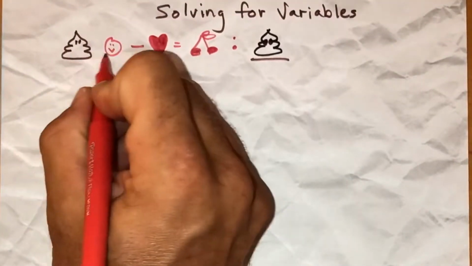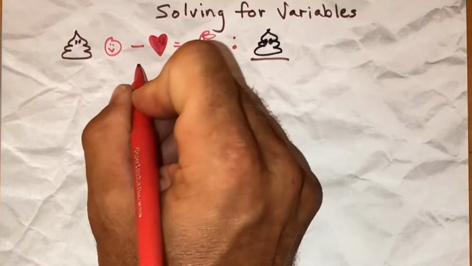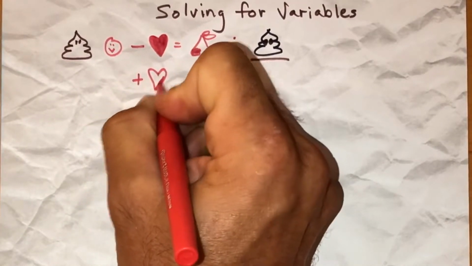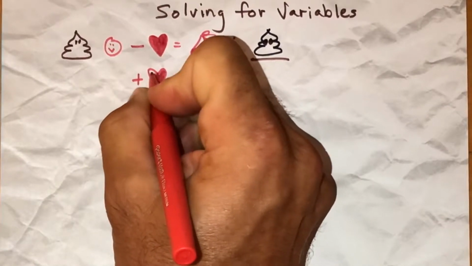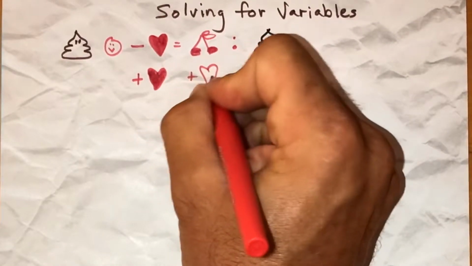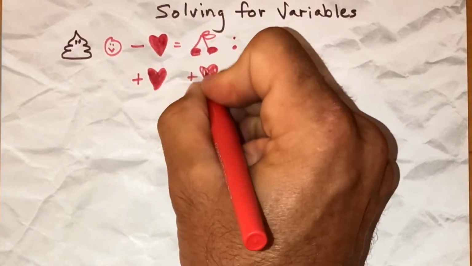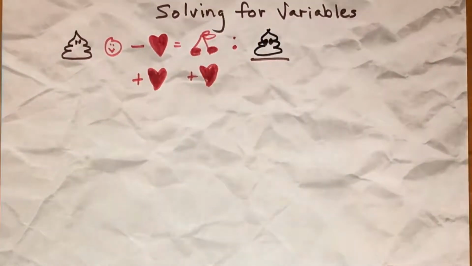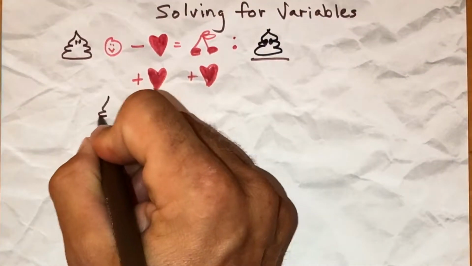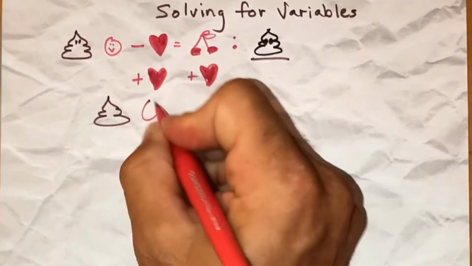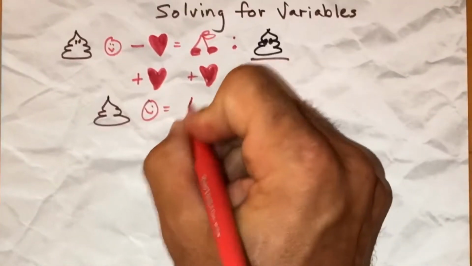So if I want to get this by itself, the first thing I want to do is take the subtracting heart and add the heart. The reason I'm using emojis is to show you that even if you're not given numbers or letters, you could still solve for something. It could be numbers, letters, shapes, it doesn't matter. So we're adding the heart to both sides, and we end up with some poop times some happiness equal to cherries